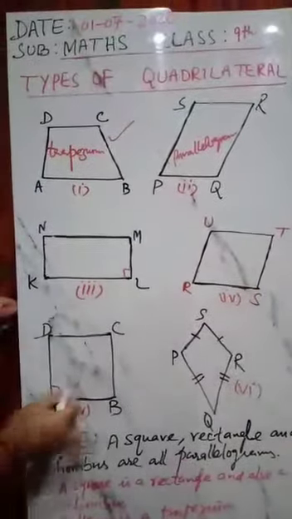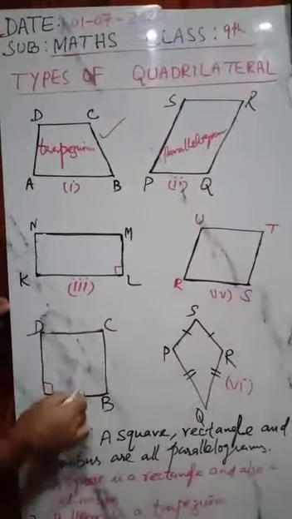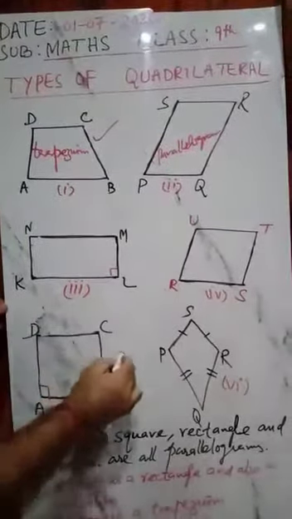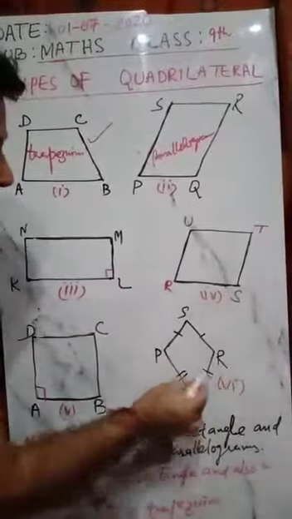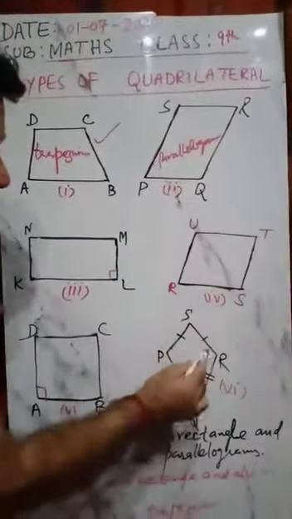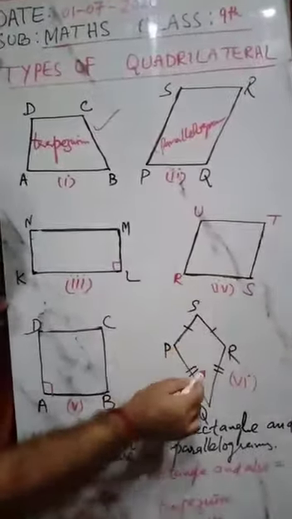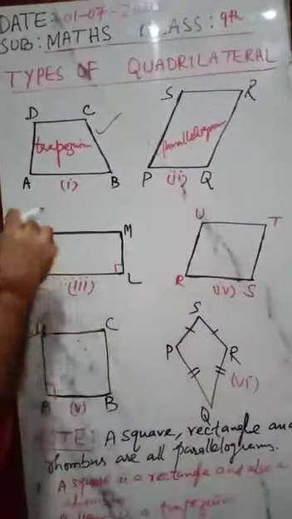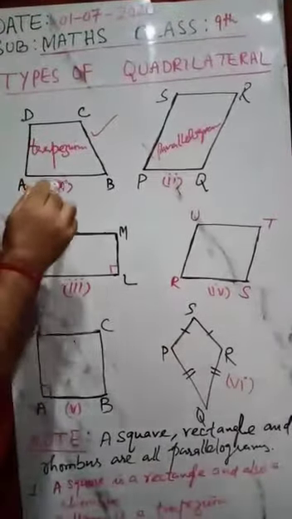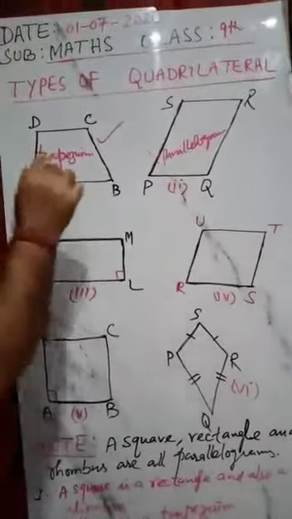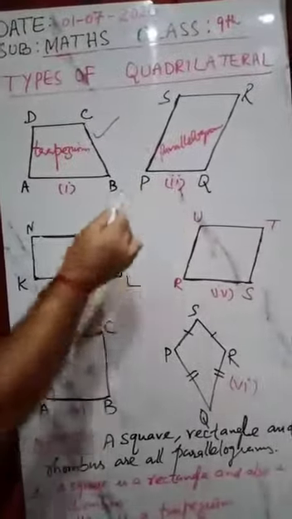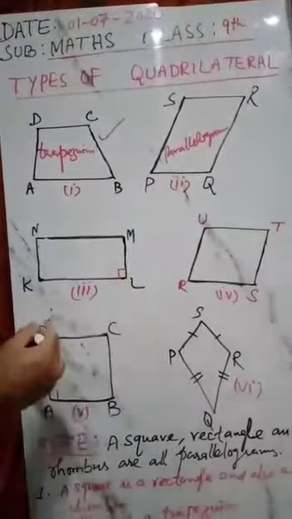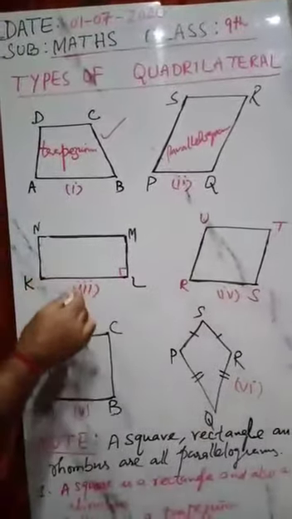Fifth figure, you check the fifth figure. Again the pairs of opposite sides are parallel, so this is again a parallelogram. But the last, the sixth, the opposite sides are not parallel. So this is not a parallelogram. So children, what you get here is that only the second, third, fourth and fifth figures are all parallelograms. But let us talk about the third figure.